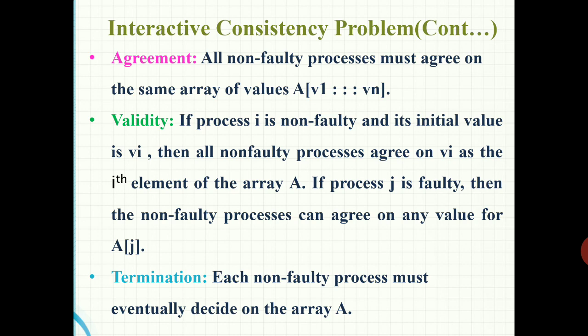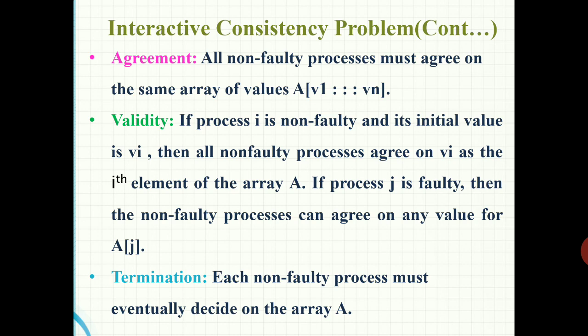In the Byzantine agreement problem, only one processor initializes the value, whereas in the consensus problem and interactive consistency problem, every process has its own initial value. That is the difference between these three